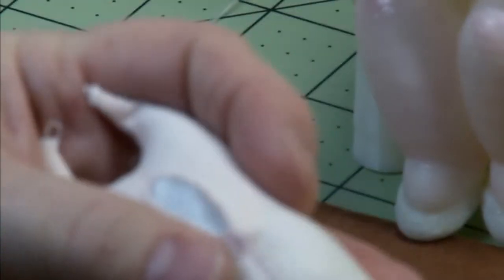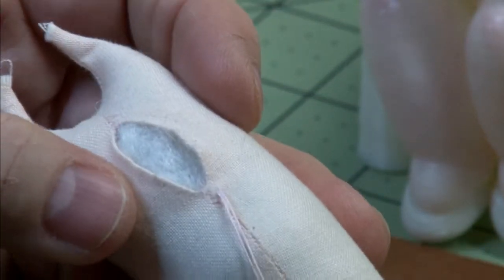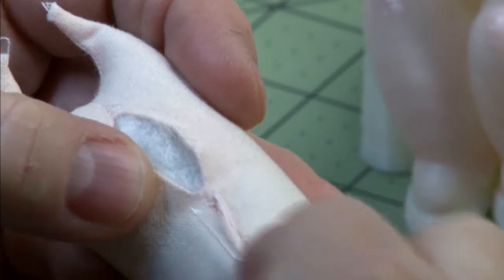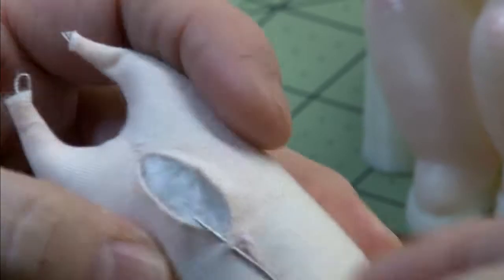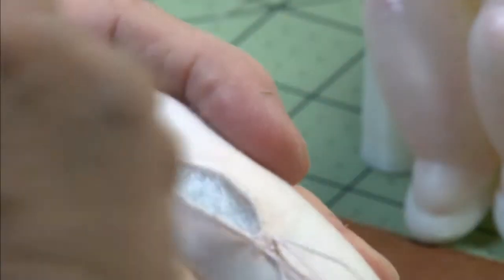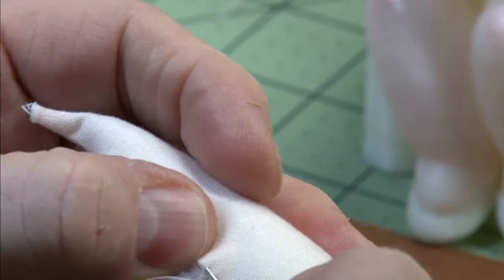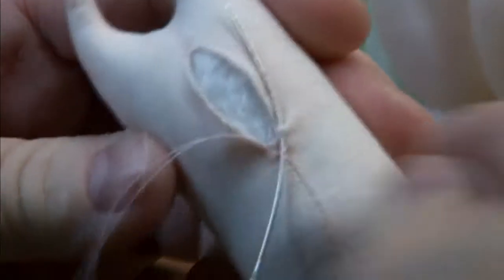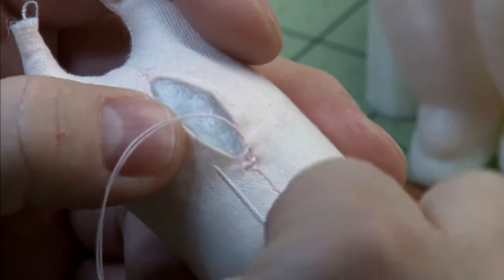And I have a big knot. I'm going to pull that to make sure it's snug, and that's really well seated. And then I'm going to go across the seam to the other side and take a very small stitch like that. And I'm going to go across from that and just do a mirror image stitch, one stitch up from the one I just did. So you can see I've got some back and forth